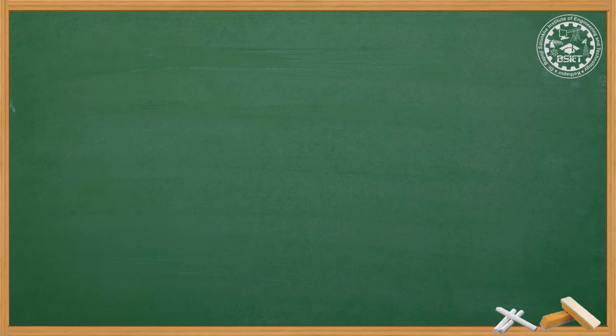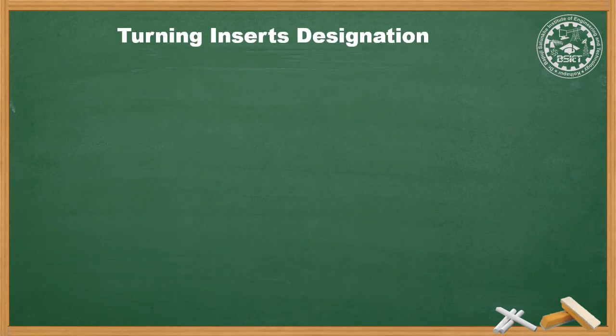Next part of the session is the turning inserts designation. The basic designation of insert varies according to the different system, but have all the same attributes as we are going to study below in this session. There are a number of codes on which the turning insert designation is given. There are usually the 10 codes on which there are different parameter states which we are going to study point wise, and the detail to this will be given in your notes.